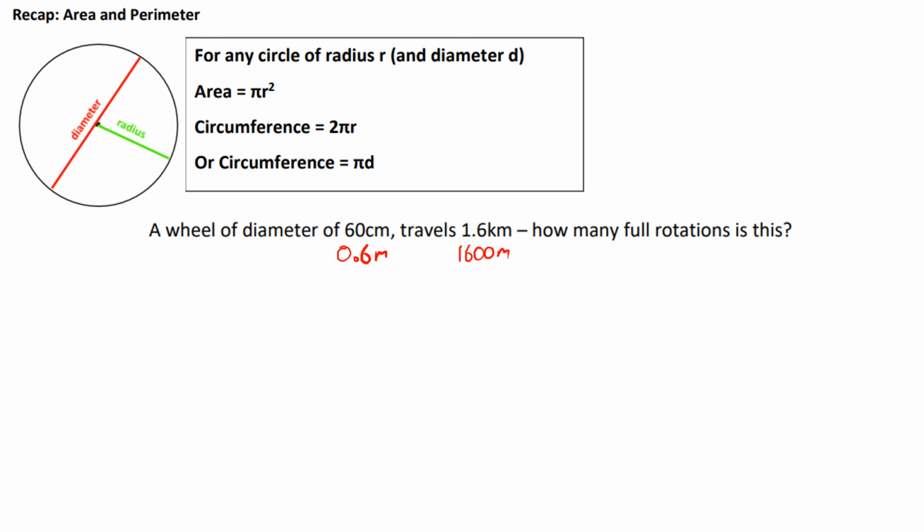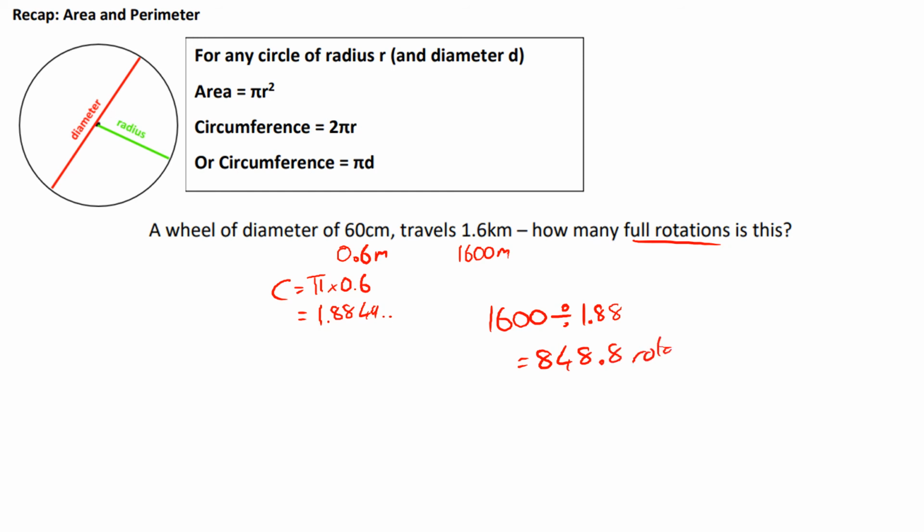So what we need to do is work out the circumference of this wheel. Well, we've got the diameter, so it's just pi times d. Which is going to give us 1.8849... It goes on forever, obviously. So full rotations, we're going to need to do 1600 for the distance travelled, divided by 1.88 for what one rotation is. And that'll tell us that it makes